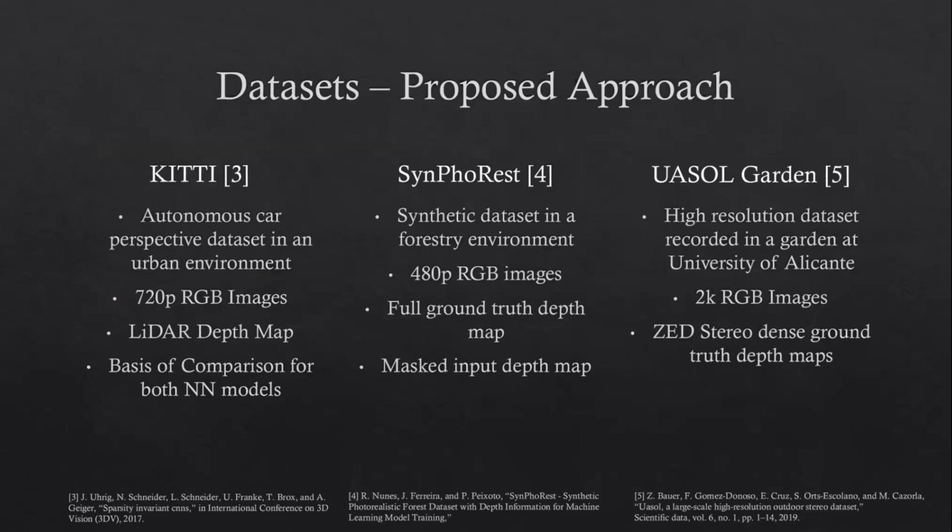Now I'm going to discuss the data sets that we used. The first one is KITTI. KITTI, as I mentioned, is a highly used benchmark for depth completion, and it is used from an autonomous cars perspective in an urban environment. It comprises 720p RGB images, or HD images, and for the depth map, it uses a LiDAR. The reason why we chose this is because both neural networks were trained on the data set, and